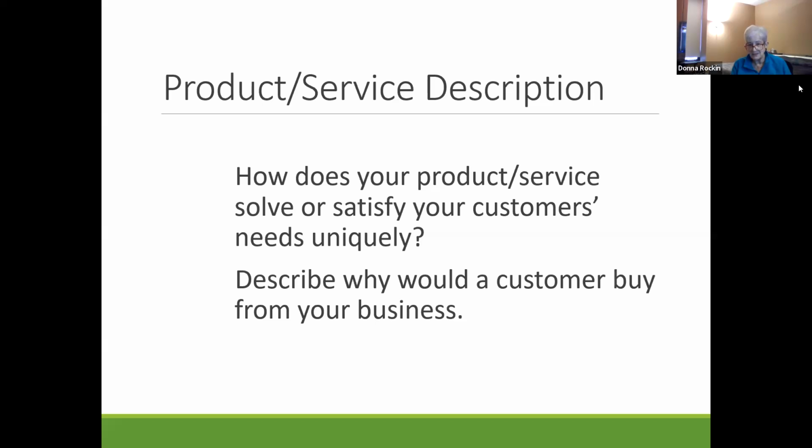And that's their unique selling point: you can get in and out of a Trader Joe's or an Aldi's pretty quickly because they don't have everything, but they have enough stuff that if you need to make a quick stop to get something for dinner or a specialty item, you can do it. So describe why a customer would buy from your business. And sometimes it's that you have easy credit terms, you have ample parking. A lot of things can make you unique, especially when you're in neighborhoods where parking is so hard to come by in the city.